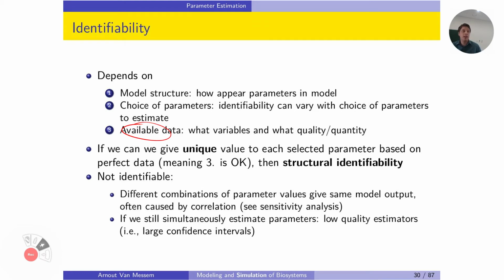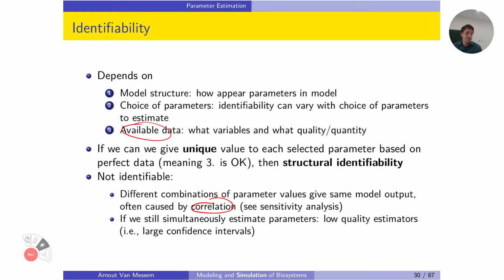When do we say it's not identifiable? Well, if there is more than one solution, and usually this is linked to correlation. So similar to what we saw with the correlation in linear regression, also here, if there is correlation between different parameters in my model, this will give us problems because it will not have a unique solution. So we have multiple possible solutions, and we cannot say one is better than the other.